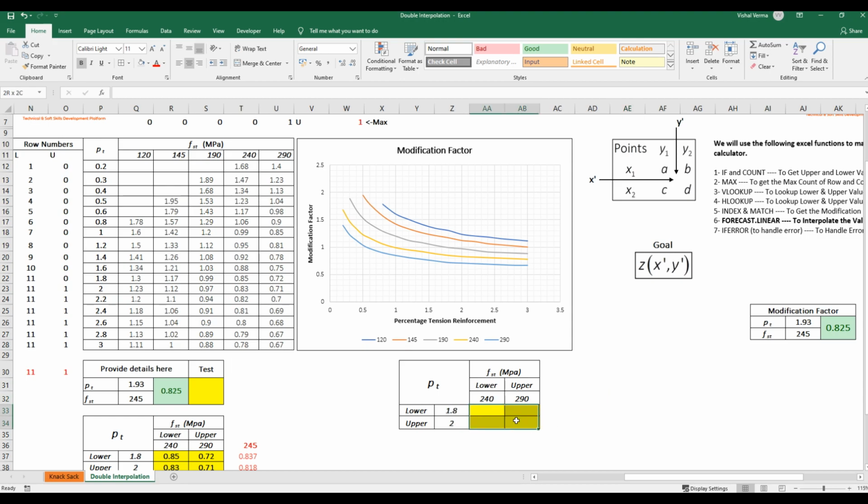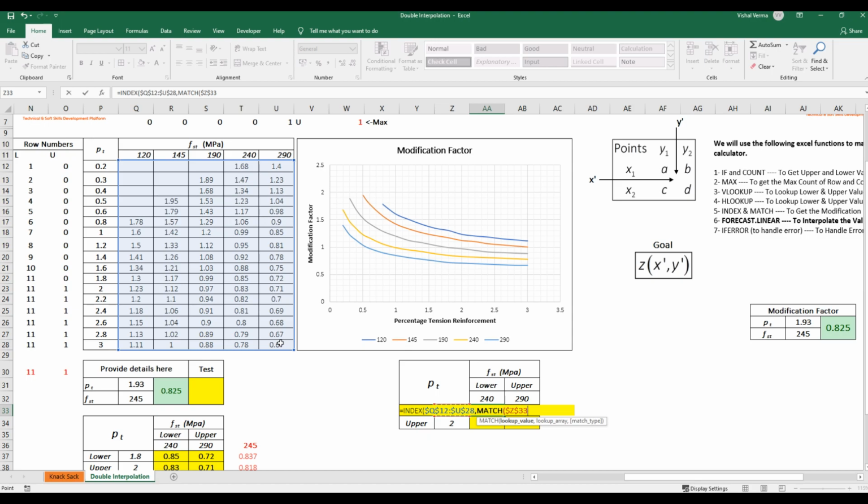Now, to get the modification factor values corresponding to 1.8 and 240, we need to use INDEX and MATCH. Use INDEX array. What is the array here? Yes, this. Okay. Then what is the row number? Row number is MATCH. What is the lookup value? Lookup value is Z33.